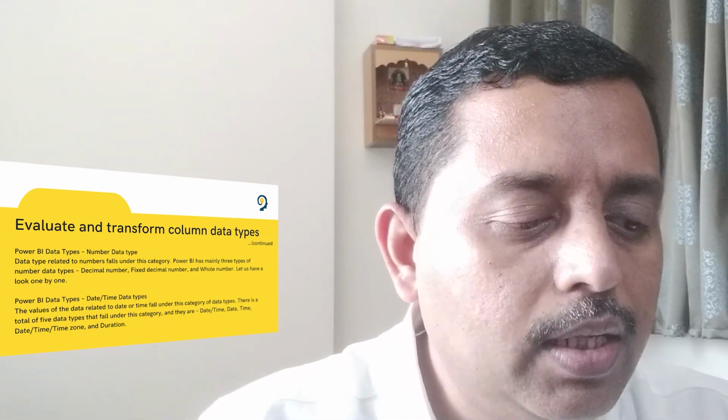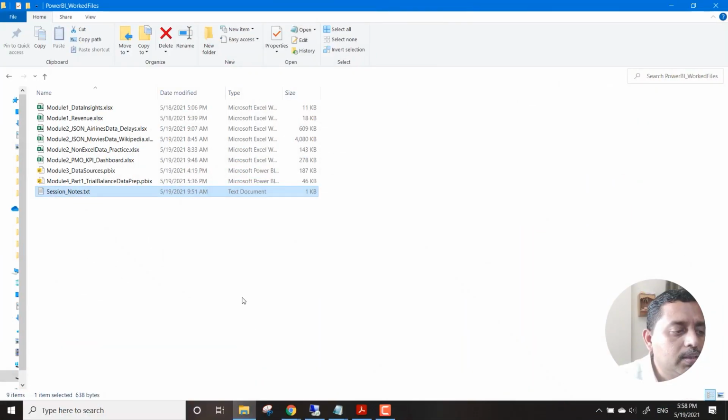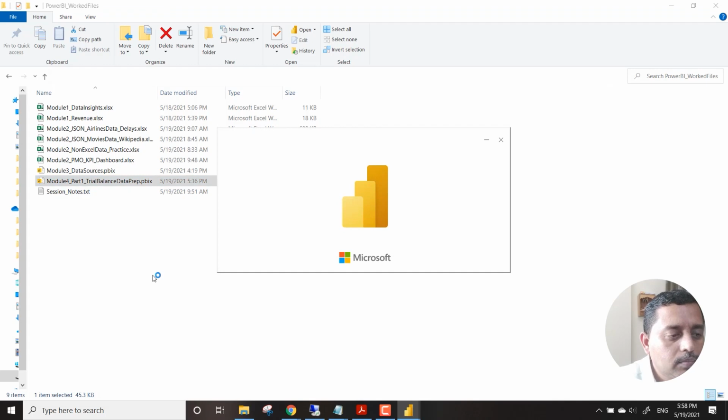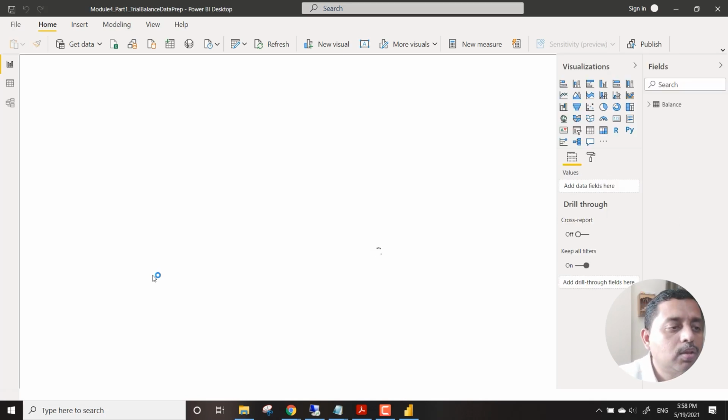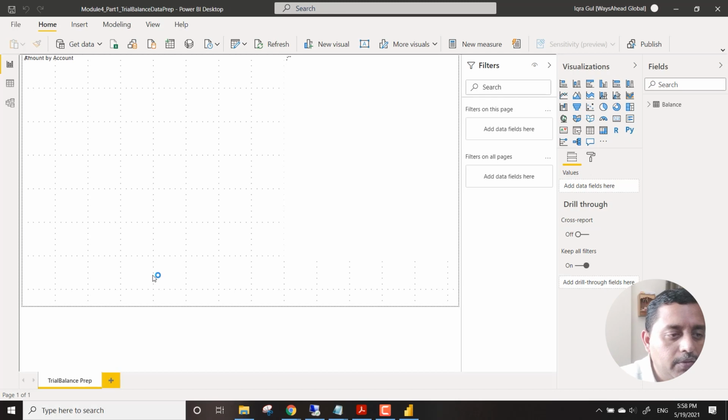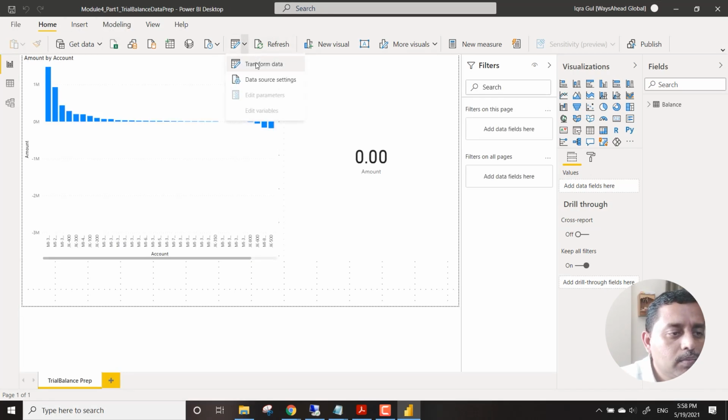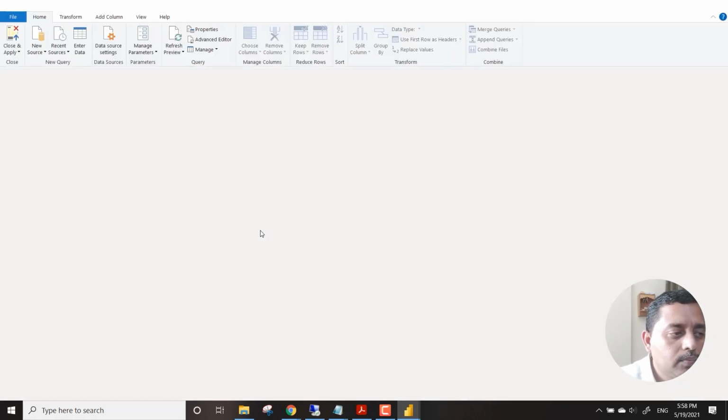So what we will do is, we will now go towards the section wherein we have this particular trial balance data. This is the Power BI that we just prepared for the trial balance data, and we'll see end to end how the data types look like. Now we will see it from a different perspective, a different view. So we go back to our transform data section,